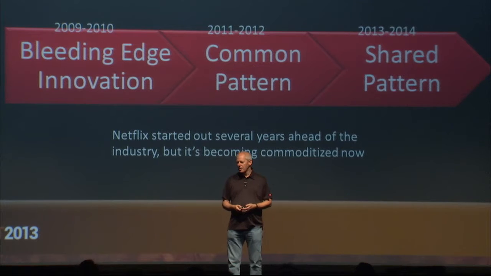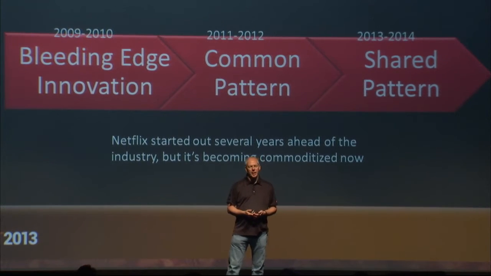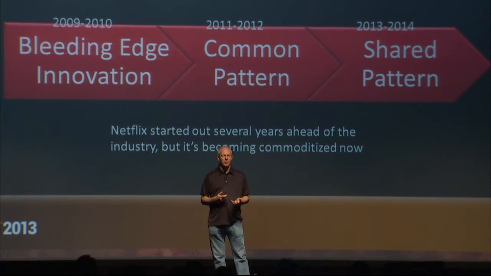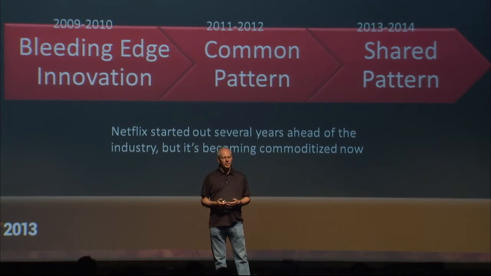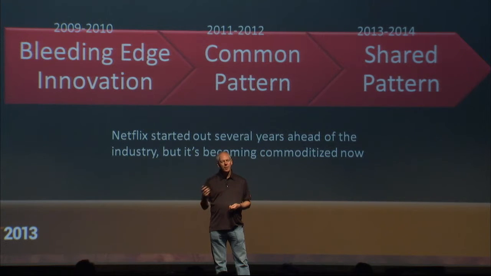And it's all on GitHub. And it has evolved. We started off 2009 to 10. We were really bleeding edge. We were making things up, figuring things out, trying things four different ways, working out which one worked. There were a few guidelines from, say, Google white papers and Amazon white papers, but we didn't have much to follow. 2011, 2012, as we went out and started talking about it, a common pattern emerged.